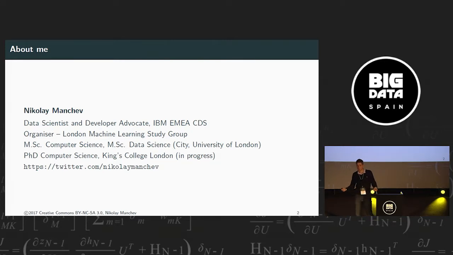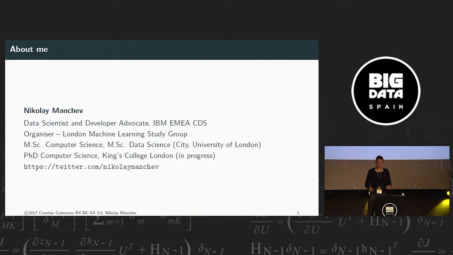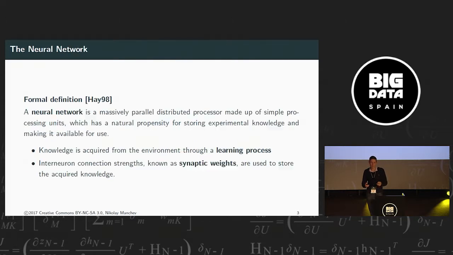This session is about neural networks. So of course, we'll have to start with the formal definition, although I'm fairly certain that you all know what a neural network is. If we go back and take a look at the definition given by Haykin, he basically says that the neural network is this massively parallel processor of interconnected units, and knowledge is acquired through a learning process, and it's stored